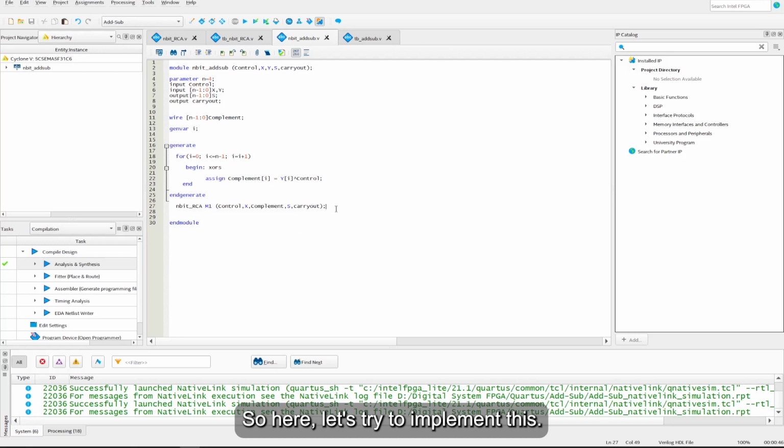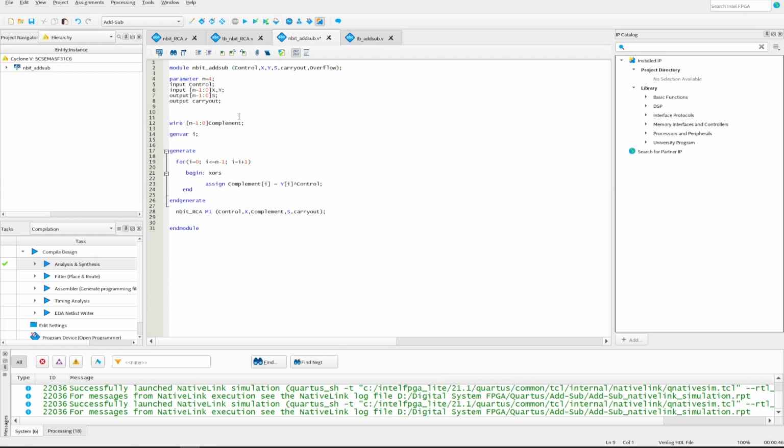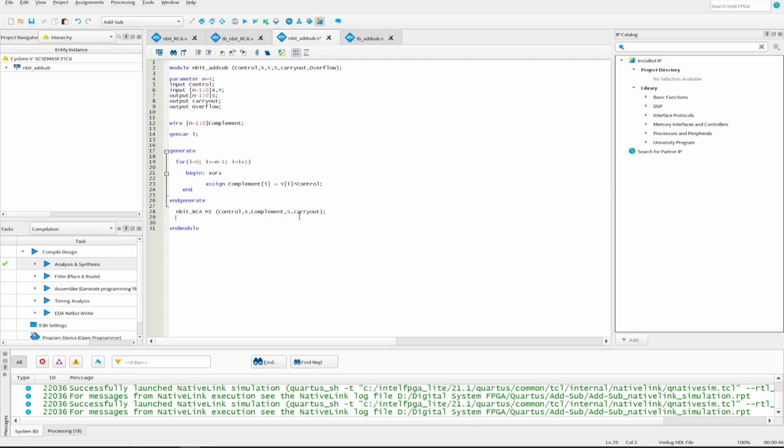So here, let's introduce another output that is overflow, and then add this output, overflow, and then let's assign this overflow here. So assign overflow